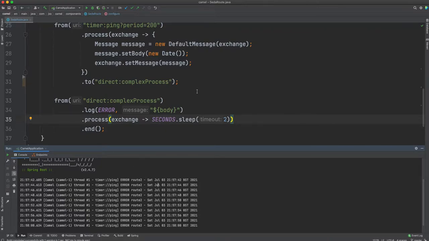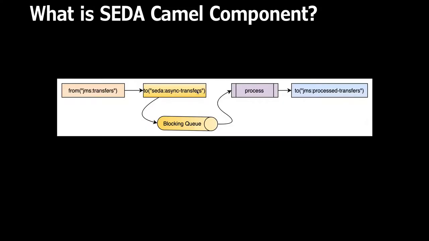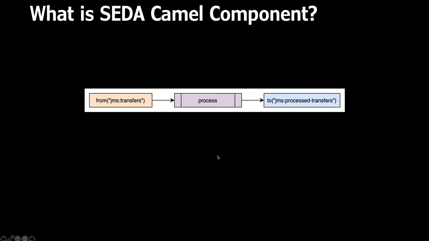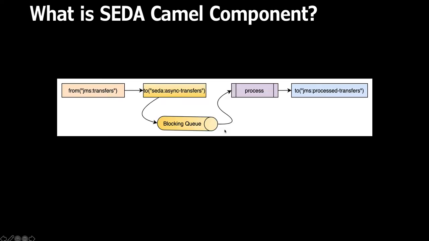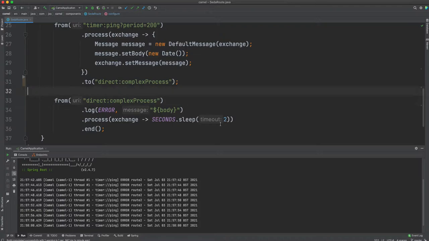What we can do is in Camel. So let's just go back to the slide to create a mental picture right over here. This is what we saw just now. What we are going to do now is break this arrow over here. So instead of directly carrying on, I'm going to start sending my messages to SEDA route, and I'm going to connect this SEDA route to the rest of the processes over here. So I'm going to create maybe, let's say, another route over here. All right, let's just do that.